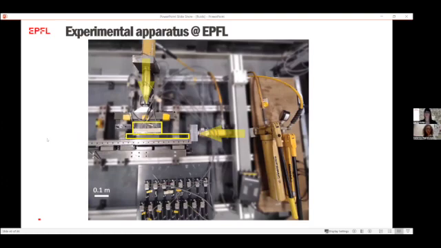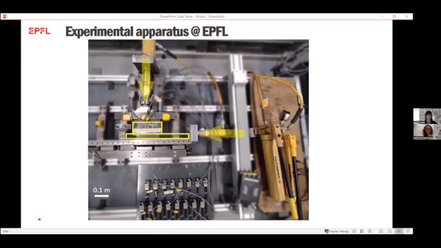It's a biaxial direct shear apparatus. As you can see here, the two samples are highlighted in yellow. You cannot really see them because they're transparent. So there are basically two blocks that are pressed one against the other through two hydraulic pumps, and then they are sheared in a second stage in order to reproduce dynamic ruptures, so laboratory